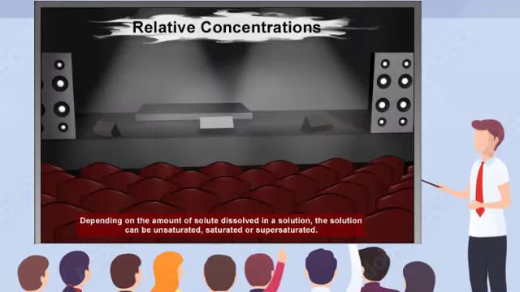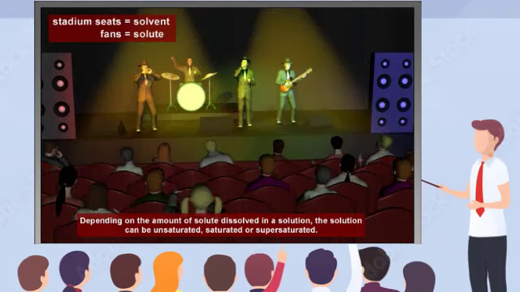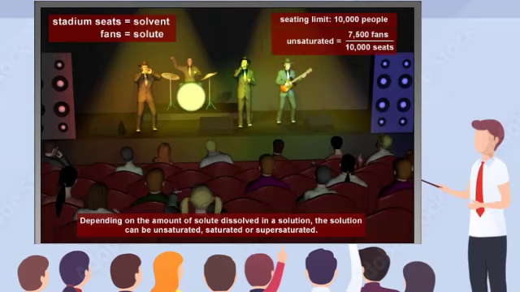Depending on the amount of solute in a solution, the solution can be unsaturated, saturated, or supersaturated. The amount of solute dissolved in solution is analogous to the number of people at a concert. If a stadium, which represents a solvent, can accommodate 10,000 fans, but there are only 7,500 fans in the audience during the opening act, then the stadium is not full. This is similar to an unsaturated solution in which the solvent does not contain as much dissolved solute as it